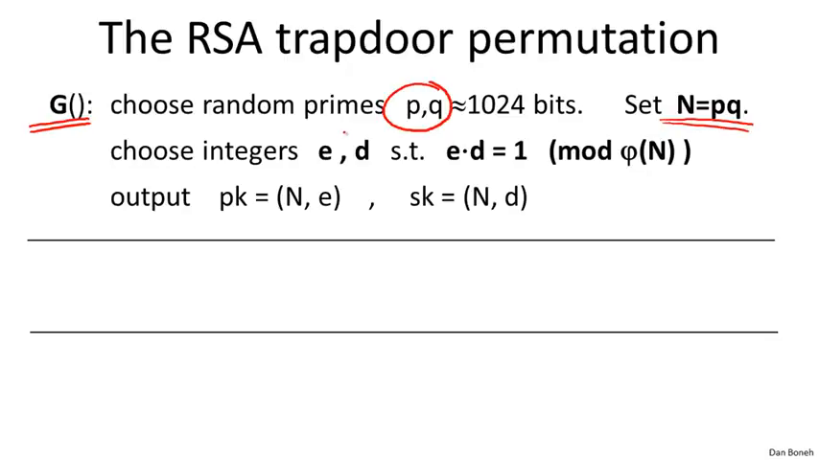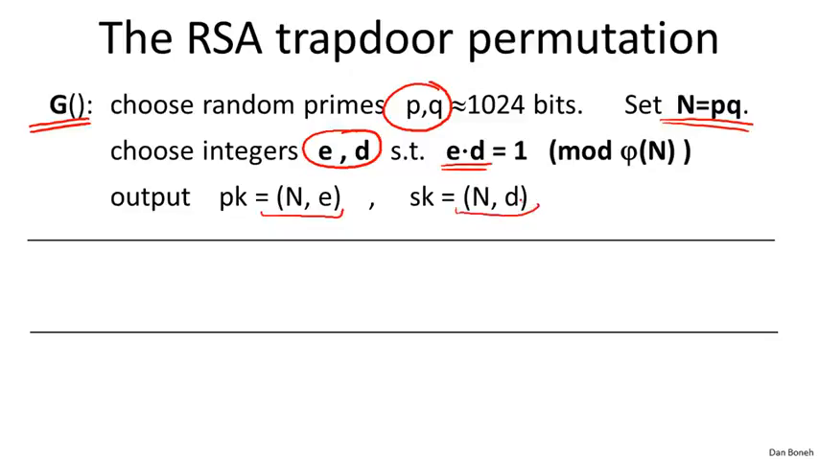The next thing we do is pick two exponents e and d such that e times d is 1 modulo phi of n. What this means is that e and d, first of all, are relatively prime to phi of n. And second of all, they're modular inverses of one another modulo phi of n. And then we output the public key as the pair n comma e, and the secret key is the pair